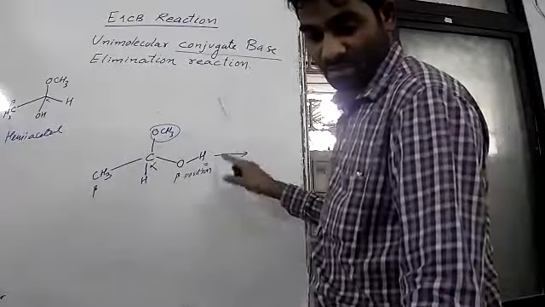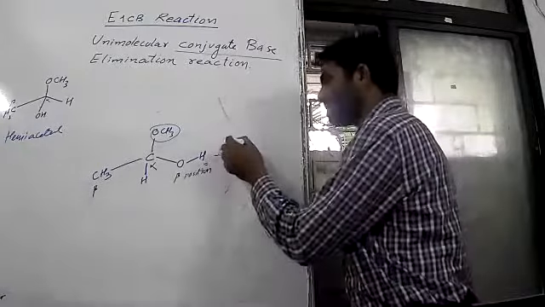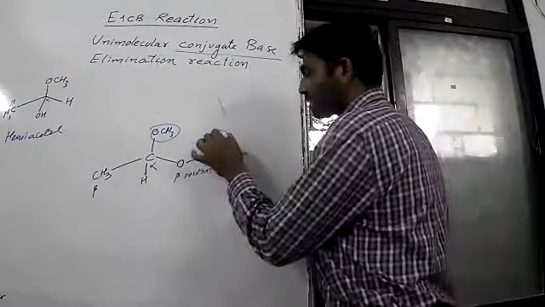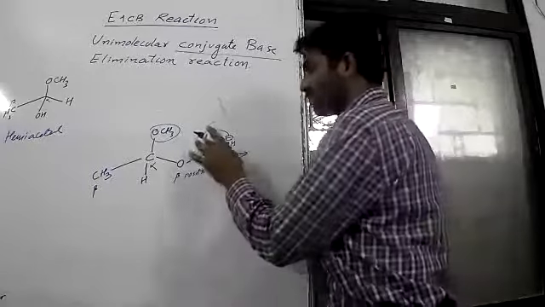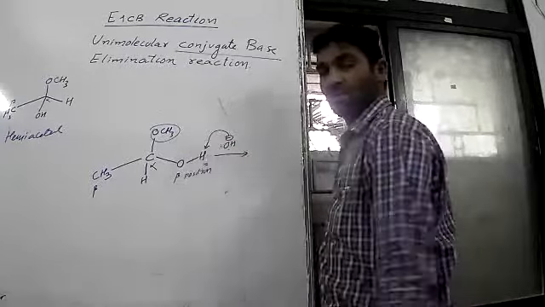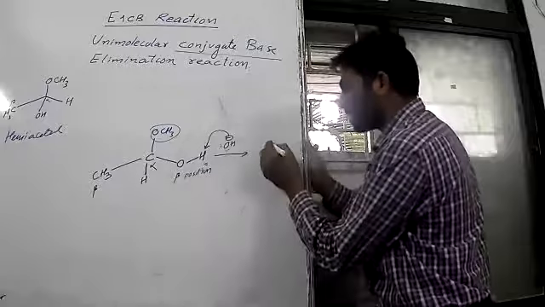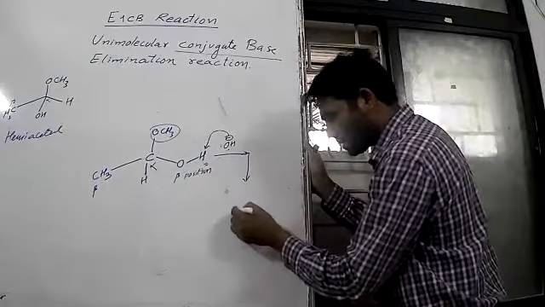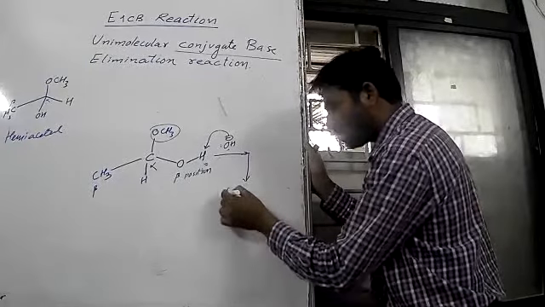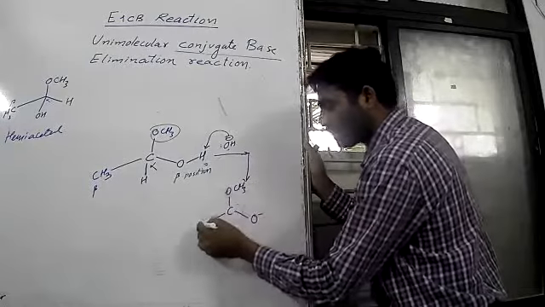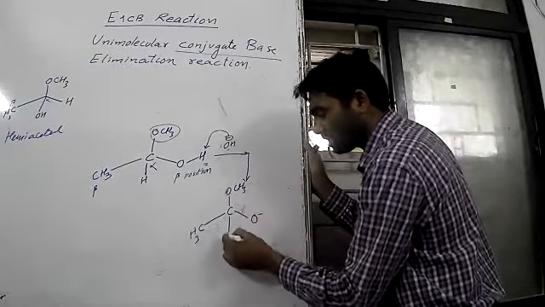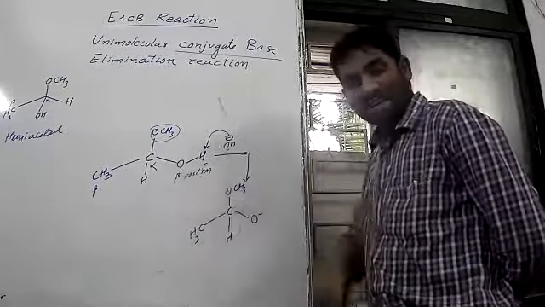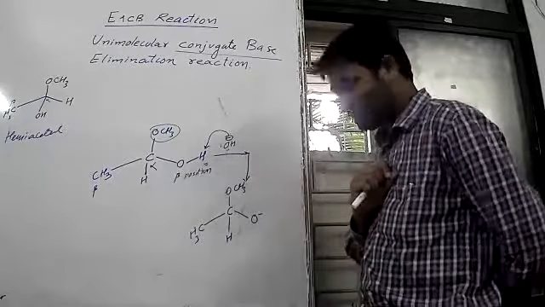Now, when you react this with any base, suppose OH minus, suppose this abstracts this proton. So what will form? O minus. So I can write here O minus, and there is a carbon bond, there is a methoxy bond. This side CH3. This side hydrogen. This is the conjugate base of this acid because there is a difference by one hydrogen.